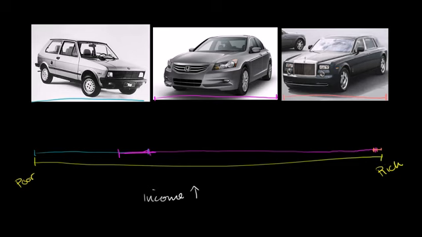So what happened here? When income went up, the quantity demanded at a particular price point for this smallest car went down. But the demand for this mid-size car went up. It took a much bigger chunk out of the blue than was taken out of it by the orange. And also the demand for this very expensive car went up. And that was at a particular price point. But assuming that this is the most expensive, this is the middle, and this is the cheapest, this would be true of probably any price point. And so we have this phenomenon that when income went up, the quantity demanded at multiple price points for this car